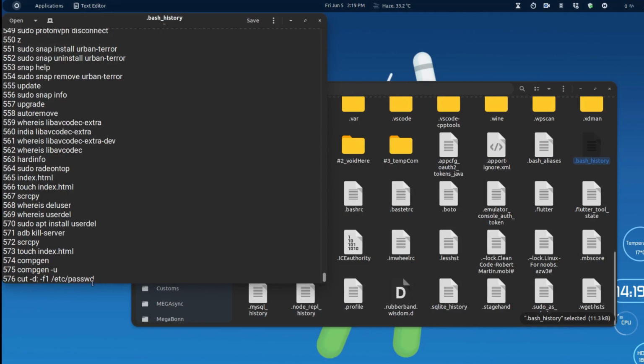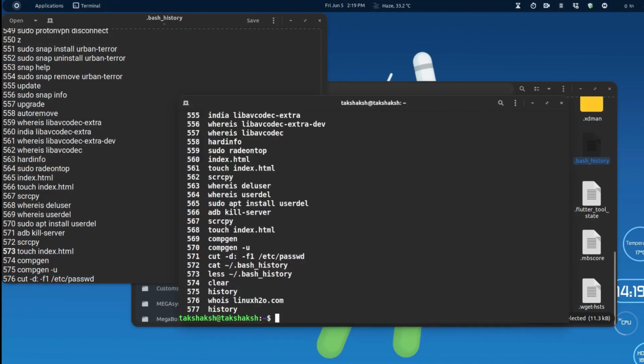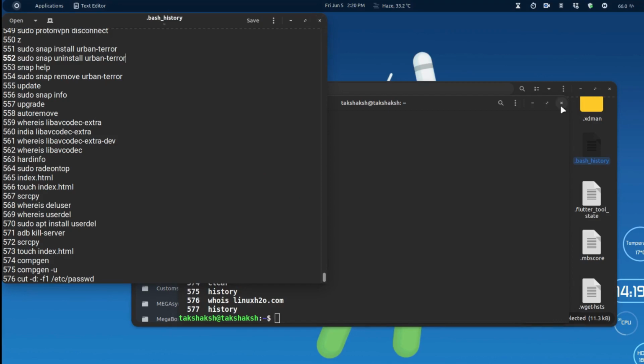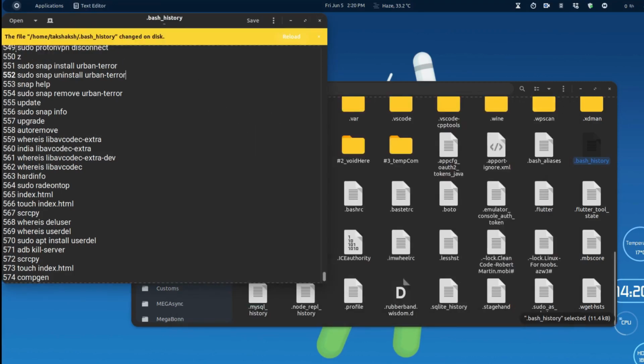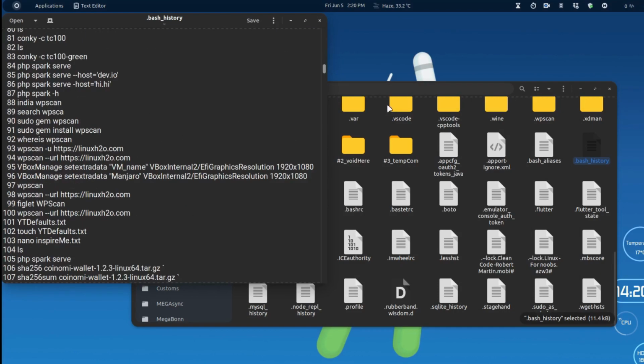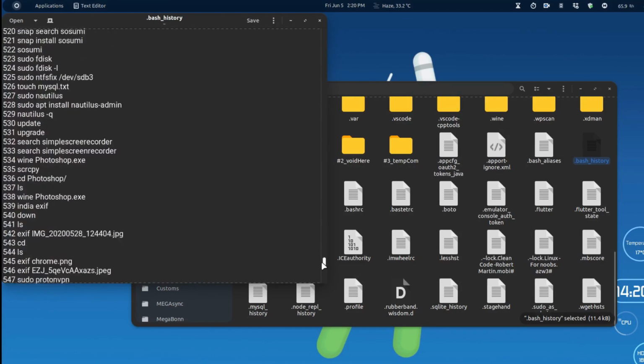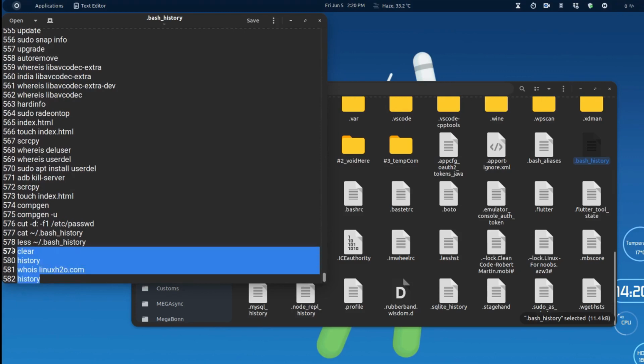So the last command we can see is this one, because we had not closed this shell yet, which is why it is not reflecting all the commands that we have done so far. If I close the shell and then click reload, you can see the last executed commands are added in this file.